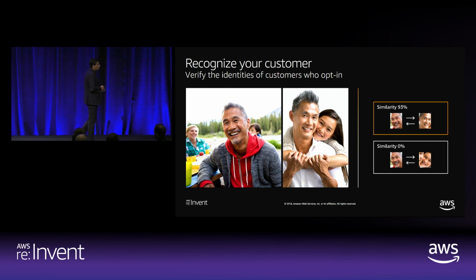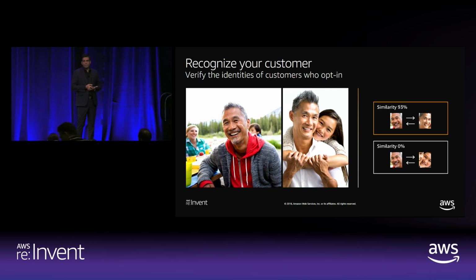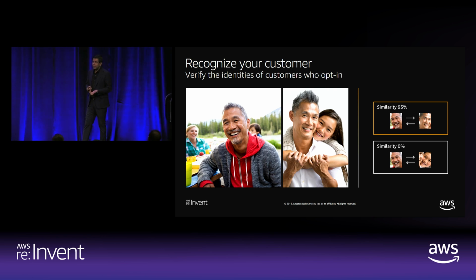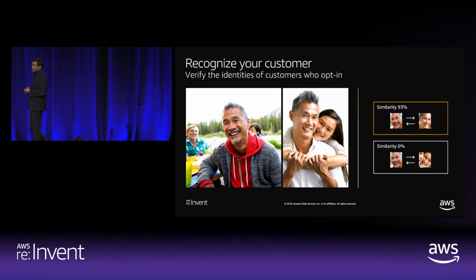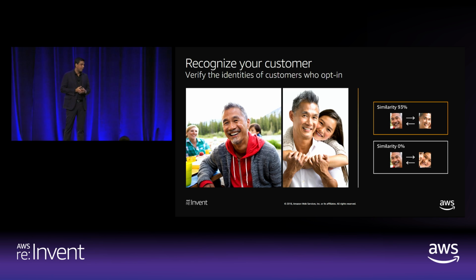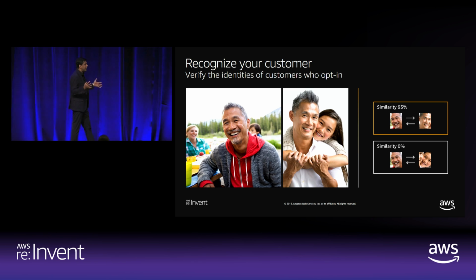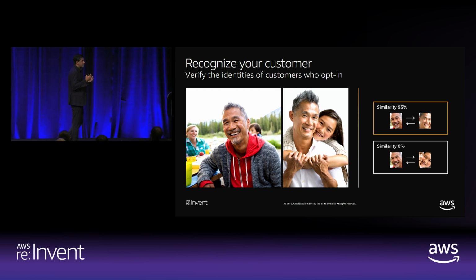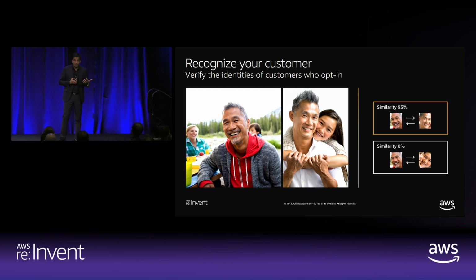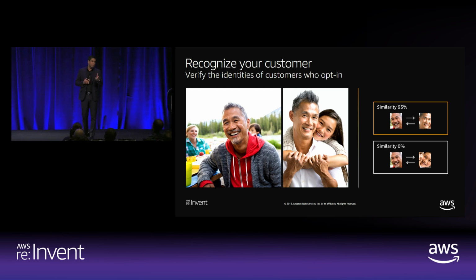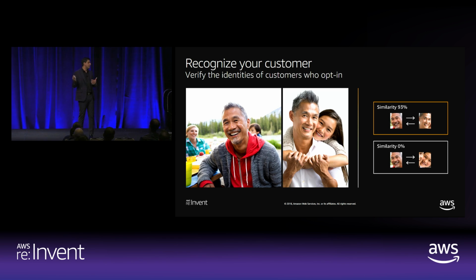A natural benefit of higher accuracy detection is higher accuracy recognition. And again, the way you want to use recognition is to verify your customer, right? That could be done by, say, registration. I know when we had the New York Summit for AWS, we actually created kiosks for face recognition where customers, when they registered, if they uploaded a face picture, they could just walk up to the kiosk and get a printout of their badge. So they didn't have to go stand in a line, talk to somebody else, and provide their last name, first name, and all that information. Just face recognition could get them the badge. So this is about getting a better customer engagement, customer experience.